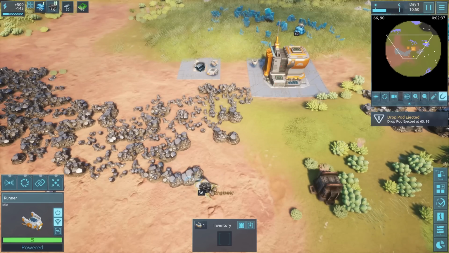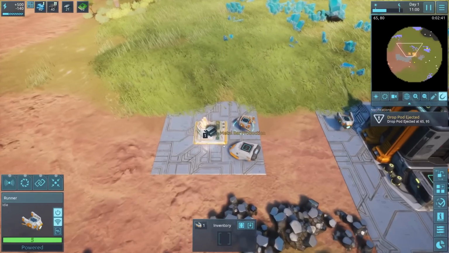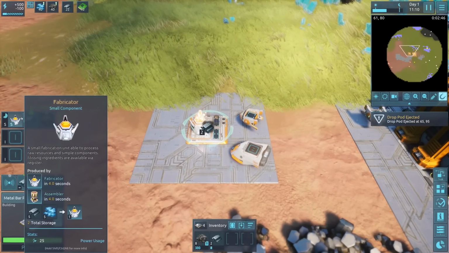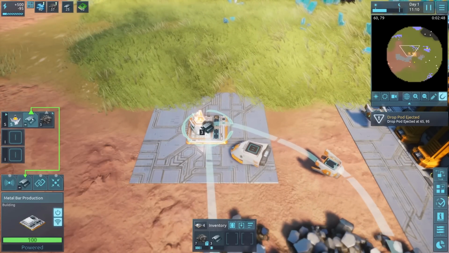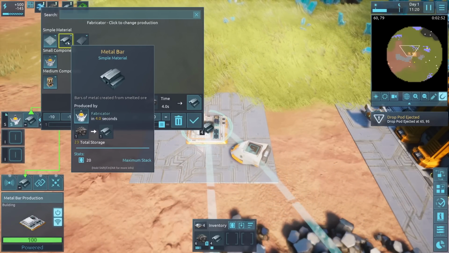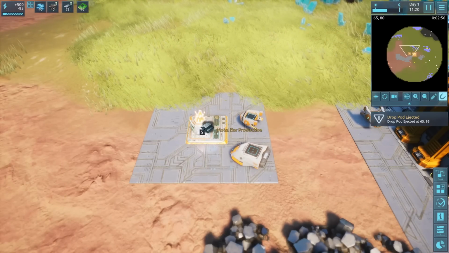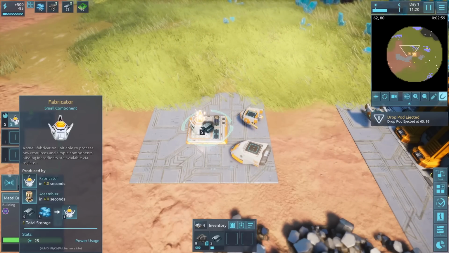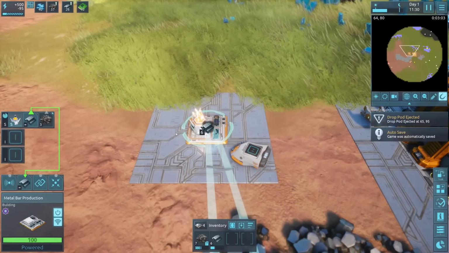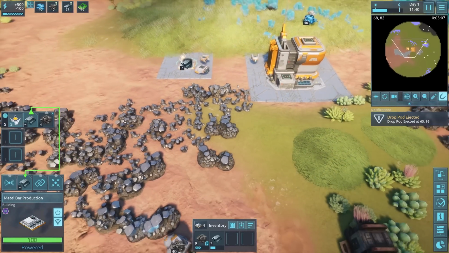What happened just there is that we saw the ore from the engineer be moved over to this building over here, which has got a small component in, and this is a fabricator, and the fabricator has got a recipe, and the recipe is for metal bars, and that is transformation of ore into metal bars. It works just like a furnace would or anything. But the point is that if we didn't want this to be a fabricator, if we wanted it to be something else, then we could absolutely make it something else. Now, we don't have any of the something elses unlocked at the moment, but as we go, we will unlock